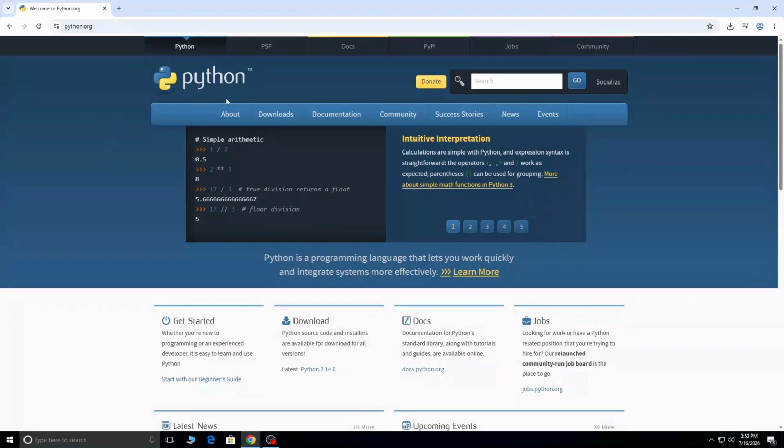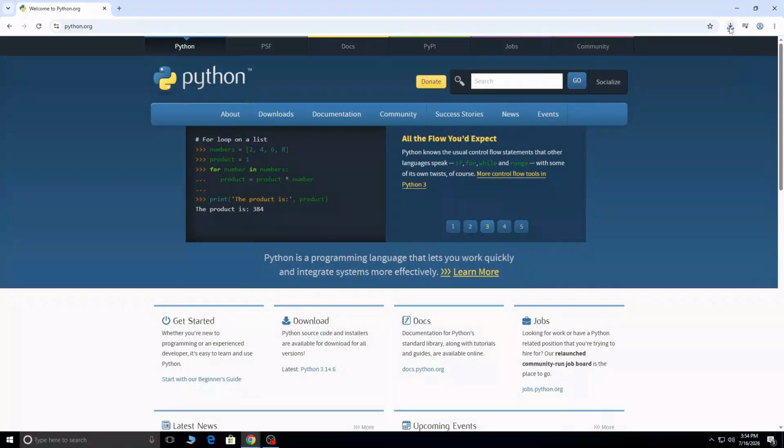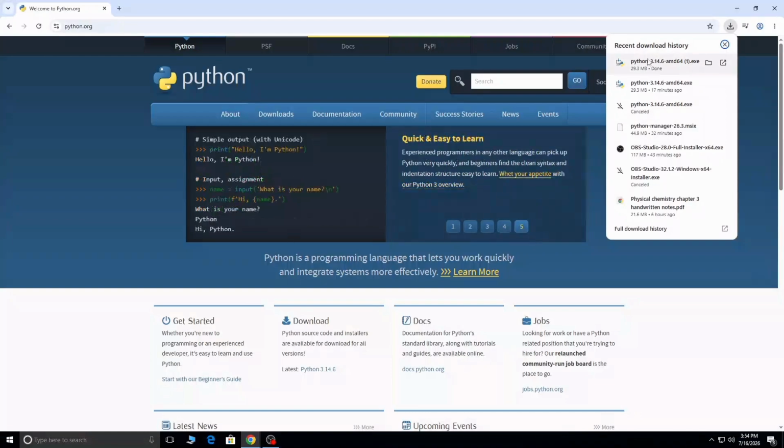Then on this page you can see a download button. You have to just move your cursor on the downloads, and here you have two options, Python install manager or Python 3.14.6. You have to click on Python 3.14.6 and start downloading. Here you can see it is downloaded in my system, and then you have to right click and open,